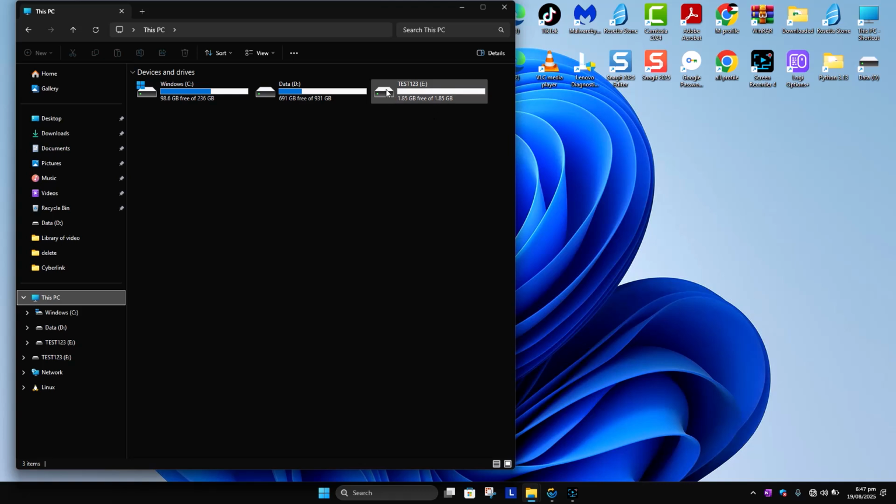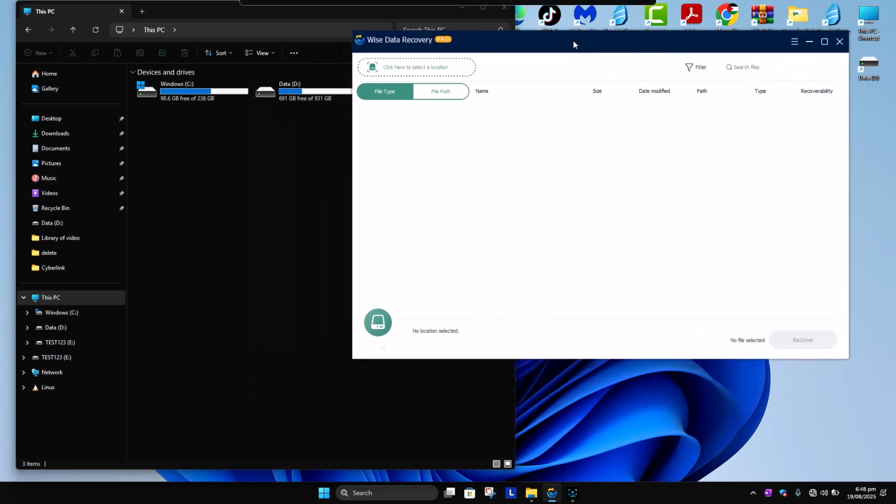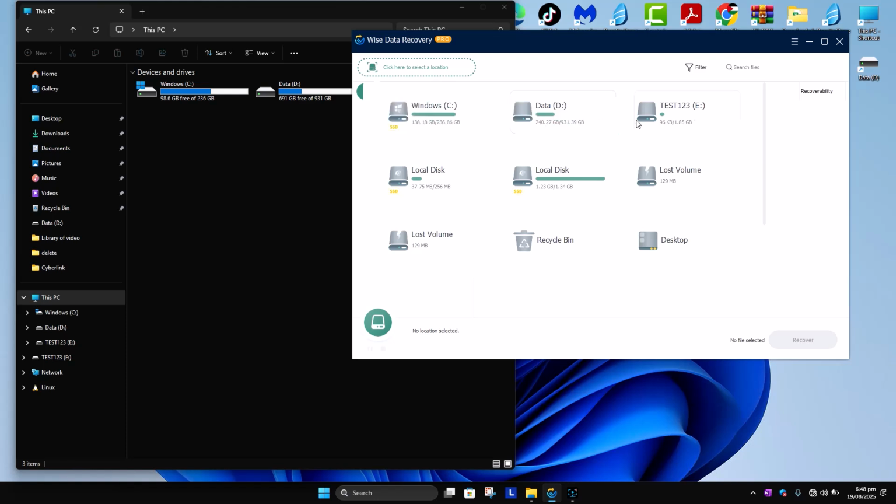Check in this PC that your device is visible. Read the letter next to your device. In this case it's E, in your case it might be C or D. Next step, open Wise Data Recovery Pro and click here to select a location. Select the location from which you want to recover the data